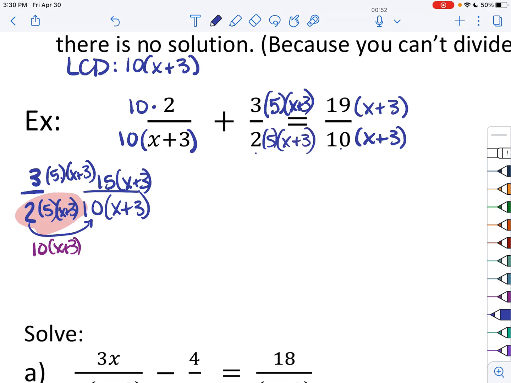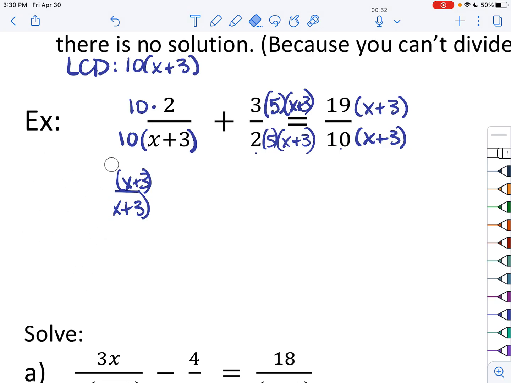Okay, so give me a second. Let me erase this real quick. Give me a little more room to work. Okay,